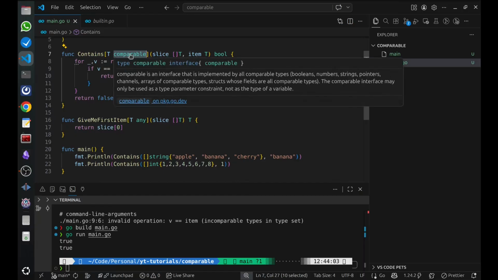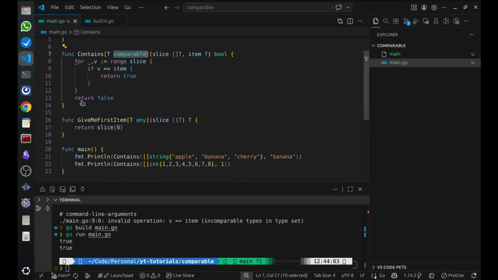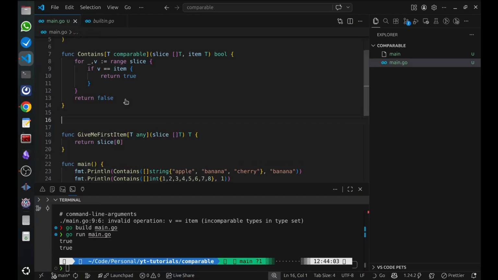Now, another interesting thing about comparable that you should know, and it is a very famous interview question as well, is that for a map, the keys of a map should be comparable. That is how Go has enforced it. So a map cannot have keys which are not comparable. By that, what I mean is,